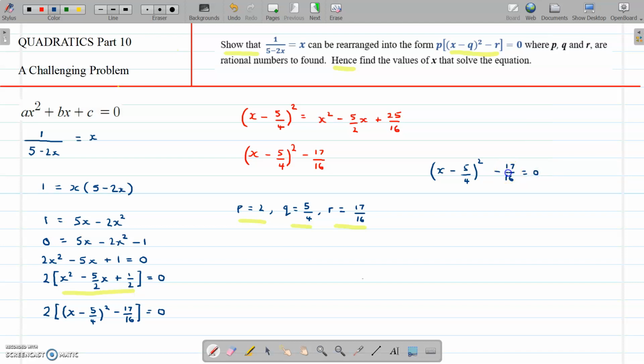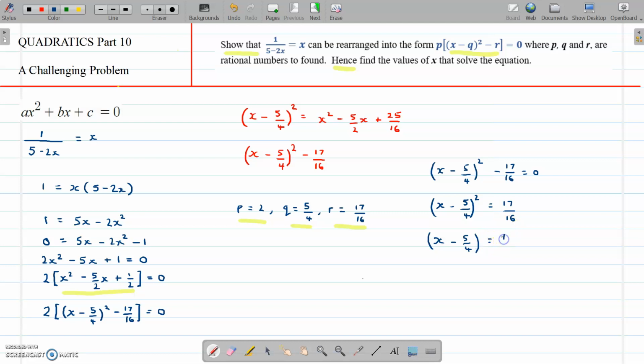Okay, therefore x minus 5 over 4 squared equals 17 over 16. Okay, therefore taking away the squared symbol, x minus 5 quarters equals